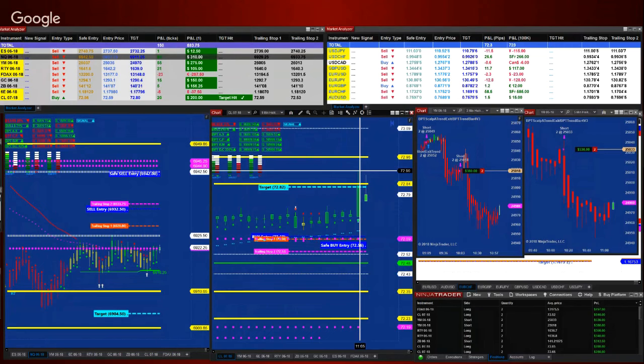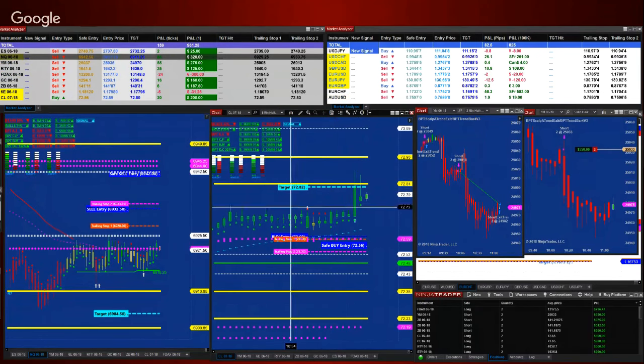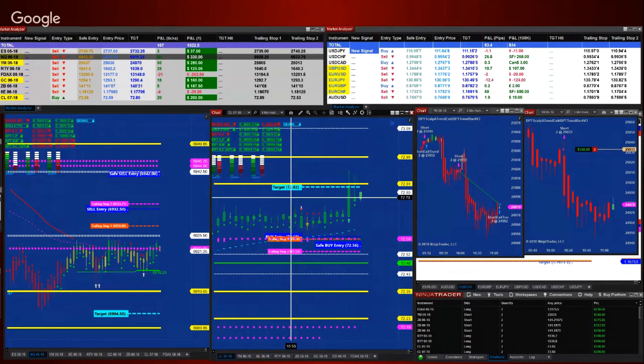So you cannot trade the CL, it's not tradable anymore. With all the respect to all the professional traders out there playing their 15 minute chart, I do too. I look at my 15 minute chart, I look at my 5 minute chart, and I look at my 1 minute and 3 minute. But with all the respect, there is nothing left at the moment on the CL. Nothing. And it's over. Once you hit the target, it's going to go sideways for a lot of minutes before we have a new indication in a different direction.